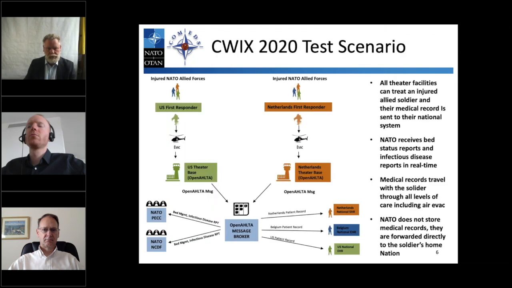Next slide. The CWIX 2020 test scenario we'll talk about, going from top to bottom, is all theater facilities can treat an injured allied soldier and their medical records are sent to their national system. My esteemed colleague and the lead for CWIX 2020, Mr. Martin Goos, will talk about this in detail when we talk about the horizontal passing of information from point of injury through the multiple roles that you'll see here, and up to where Mr. Daniel Nopin and Rytis will talk about painting the picture both vertically at the command structure and diagonally